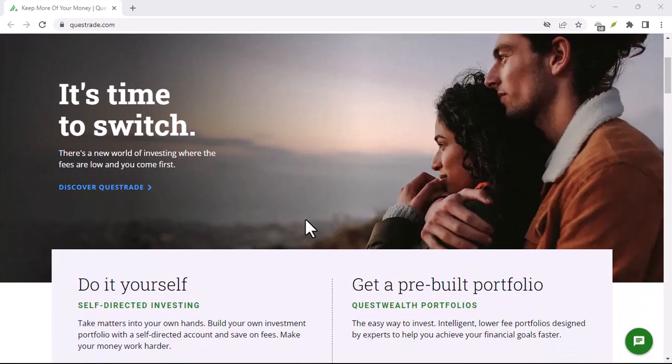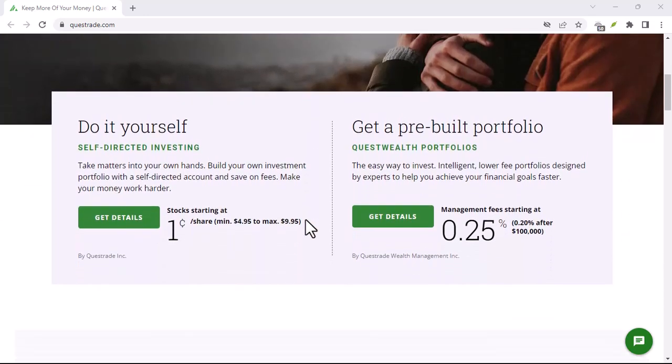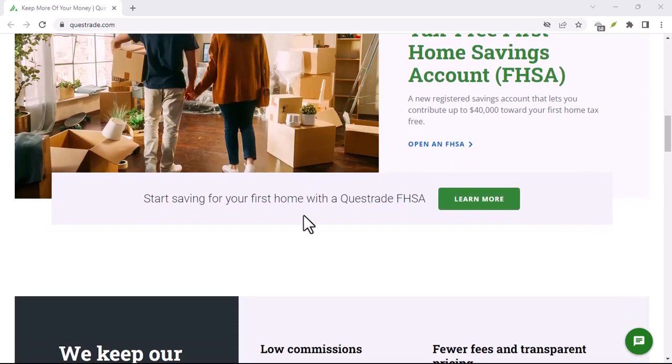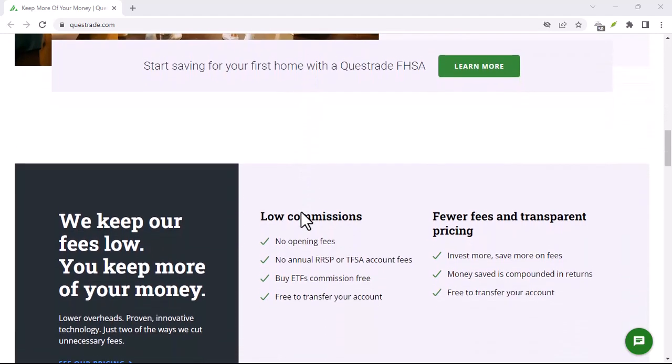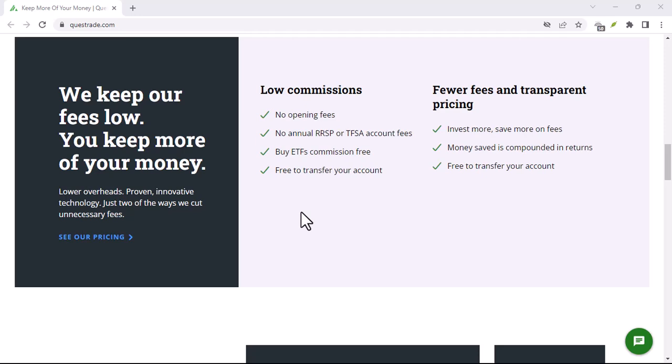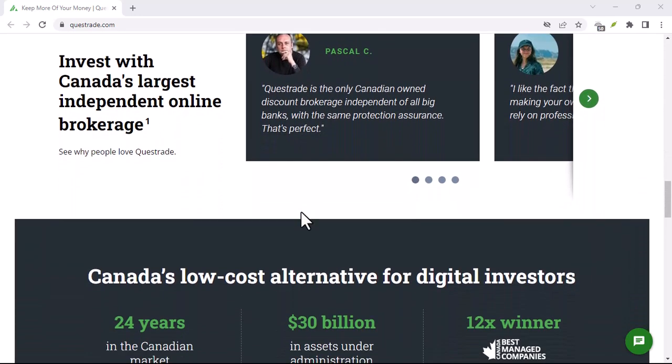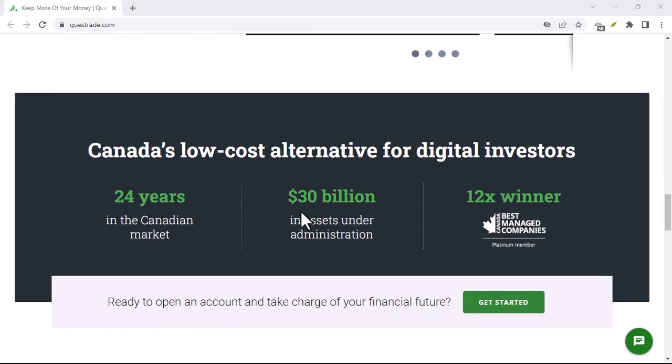Additional tips. Be sure to choose a funding method that is convenient for you. Consider the fees associated with each funding method. Make sure you have the necessary information to complete the funding process. If you have any questions, contact Questrade customer service. There are a number of ways to fund your Questrade account. Choose the method that is best for you and get